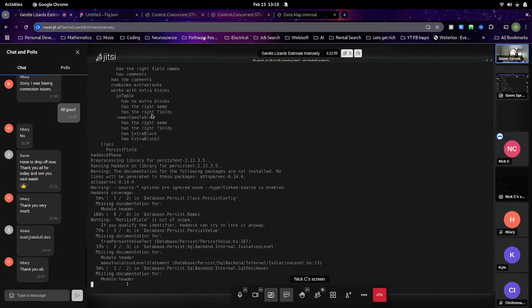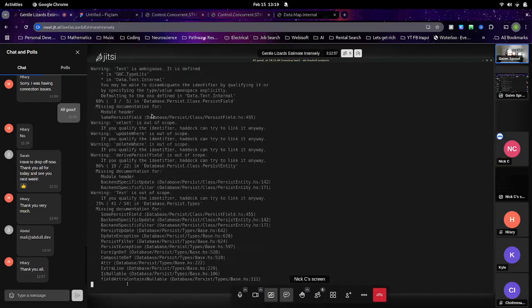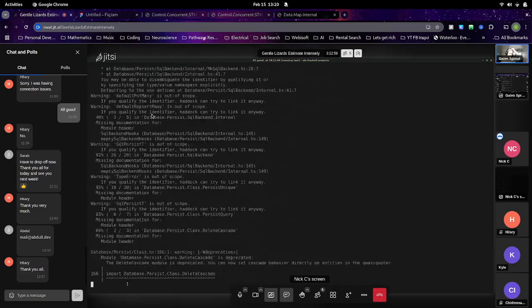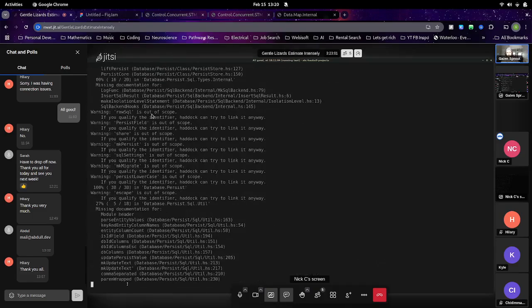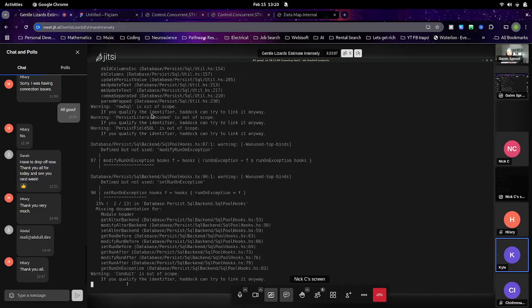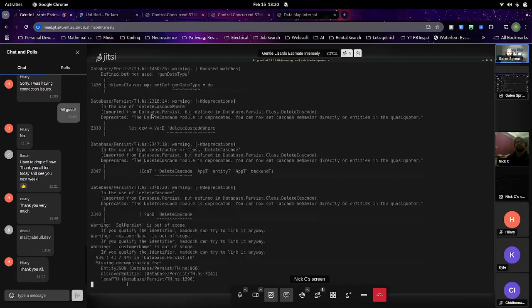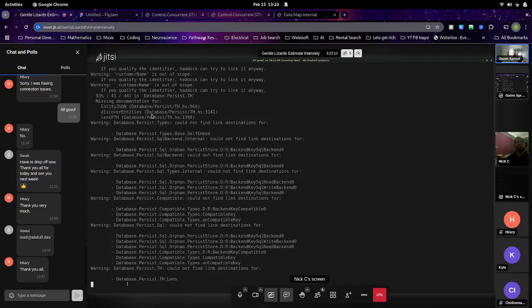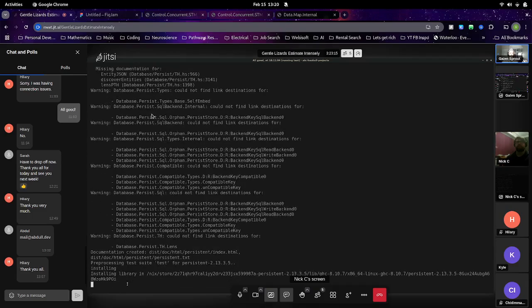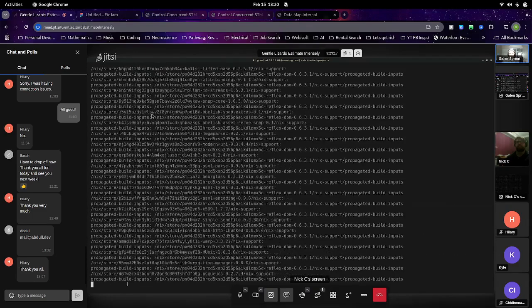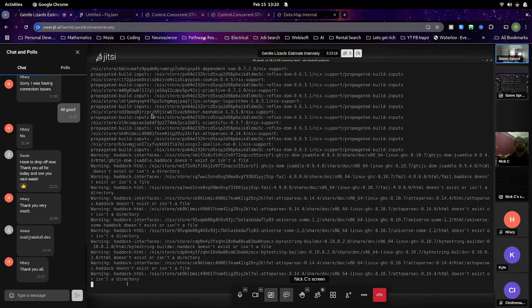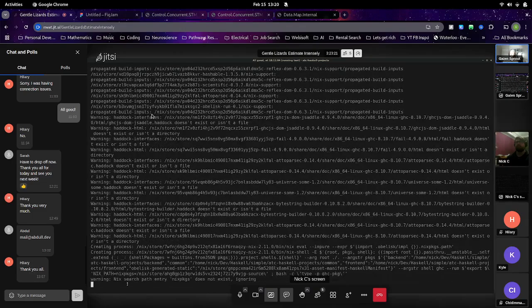Normally, if you have the typical persistent from the Nix cache, it's already pre-built, and you're just like, okay, that's fine. So they might still have deprecation warnings in there. Yeah, but you're not changing anything about persistent. You're just changing the dependencies of persistent. Yeah. All right, I think it'll just find the one that works. Yeah.